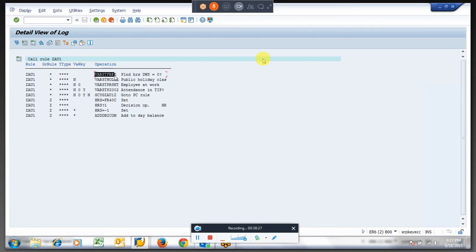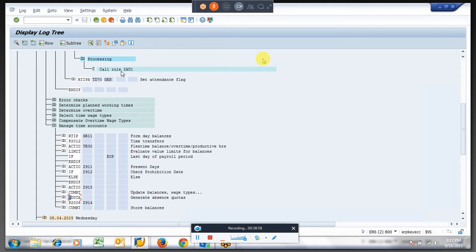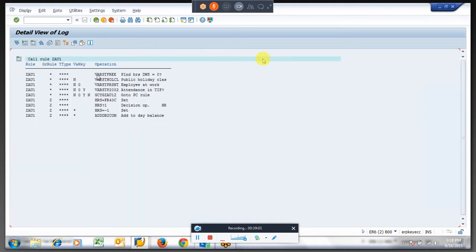So here if you see, our rule was reading after this, but in the rule we are calling F40 on whatever the quota balance is on the current day. We have to insert after some quota function or something like that, because we are checking the quota. Let us see how it ran now.